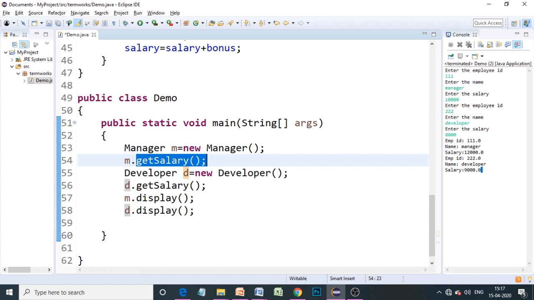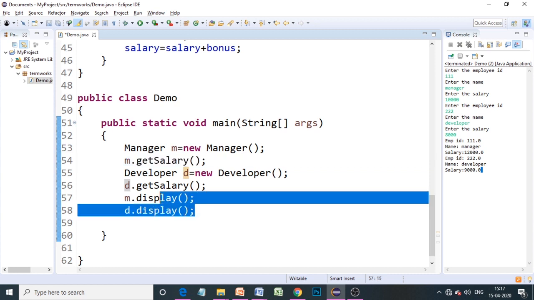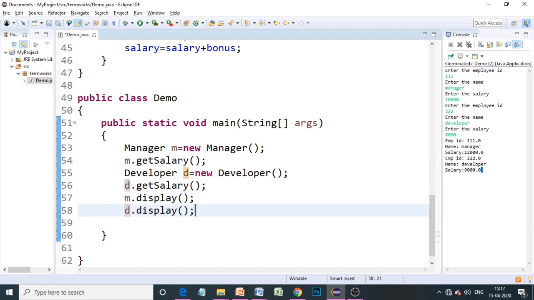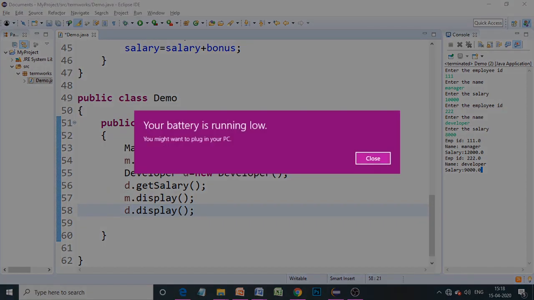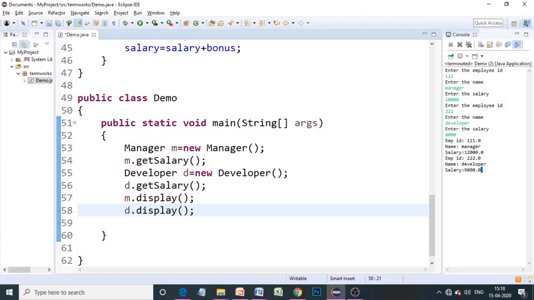There, if I have written a statement like super dot get salary, then it goes to the employee class. This is how overriding happens. And then we are calling this display method. So this is a regular method. There is no overriding over here because we have not written any display methods in the subclasses. So it will go to the employee class.